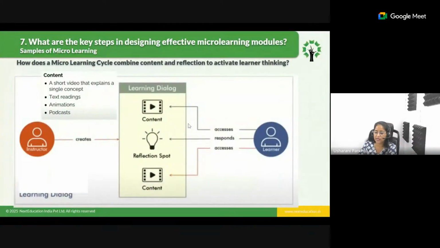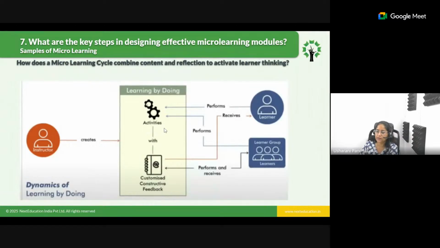So this is what we have already done. Now, what are the key steps in designing effective micro curriculum or micro learning modules? Here are samples of micro learning. This is one sample where we are given a content, that is where the student is accessing it either in the classroom or you're demonstrating it, and then he responds to that. This is what we call reflection, where you ask some observation questions and then again he responds to that. Then again you give the content. This is where chunks of information should be organized. That is module 1, module 2, module 3, if you are naming it as a module, or resource 1, resource 3. So who is creating all of that? The instructor or the teacher. Right. So this is one sample.